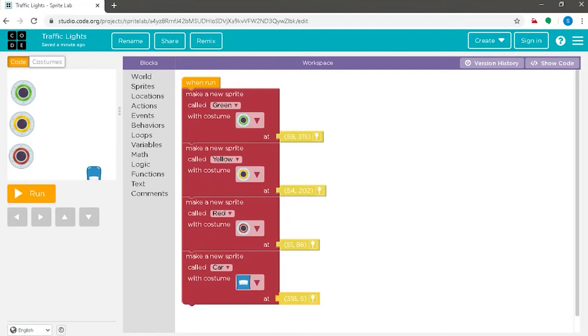Now, according to the second objective, we shall give the character traits or functions of each of the traffic lights and the car.